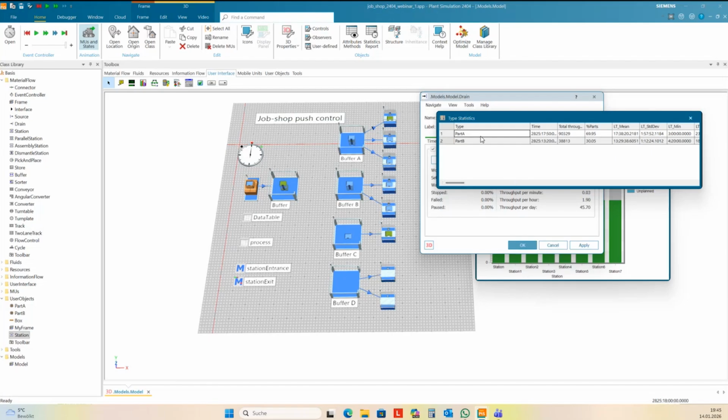So you have the part E scrap, maybe here also with the percentages. This is the easiest way to create meaningful statistics. If you have a separate train, then this separate train has its own statistics, and you don't have the relation to the complete number of parts.